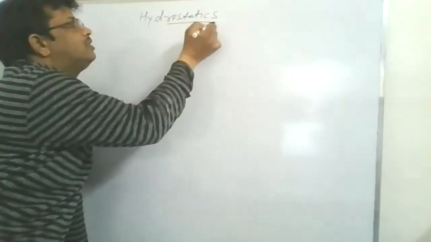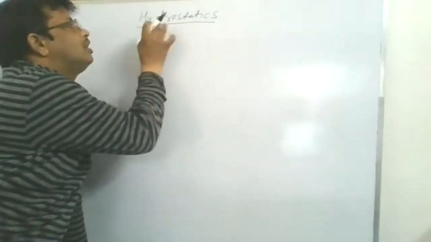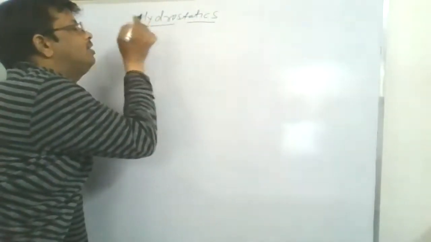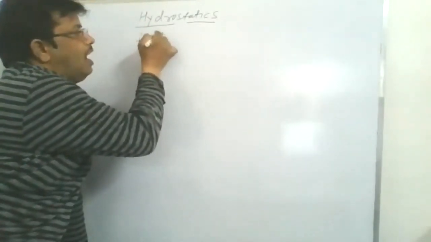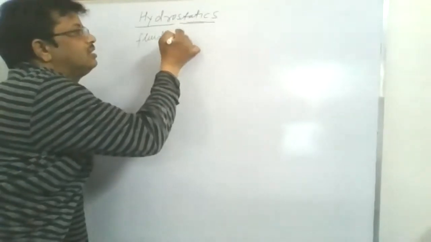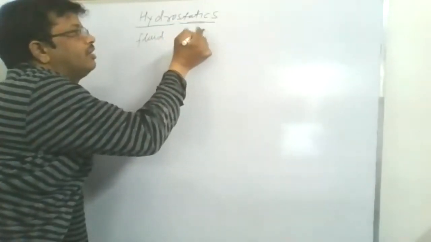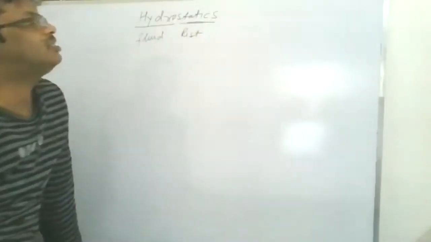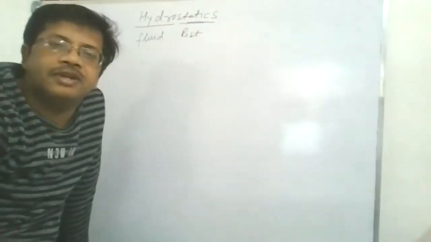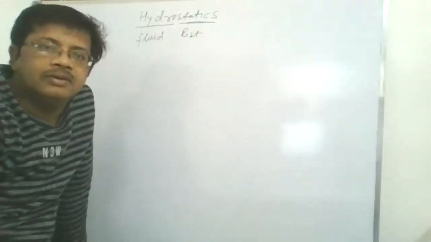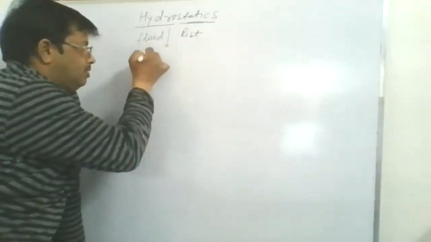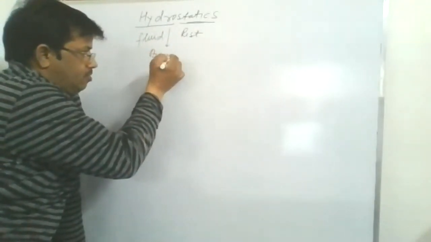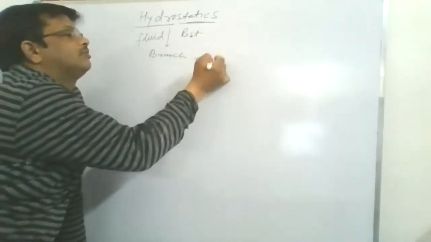Hydrostatics is that branch of physics. Hydro means water, but here it means any kind of fluid. And static means rest. Static means S-T-A-T-I-C. Static means rest. So this is the branch of physics